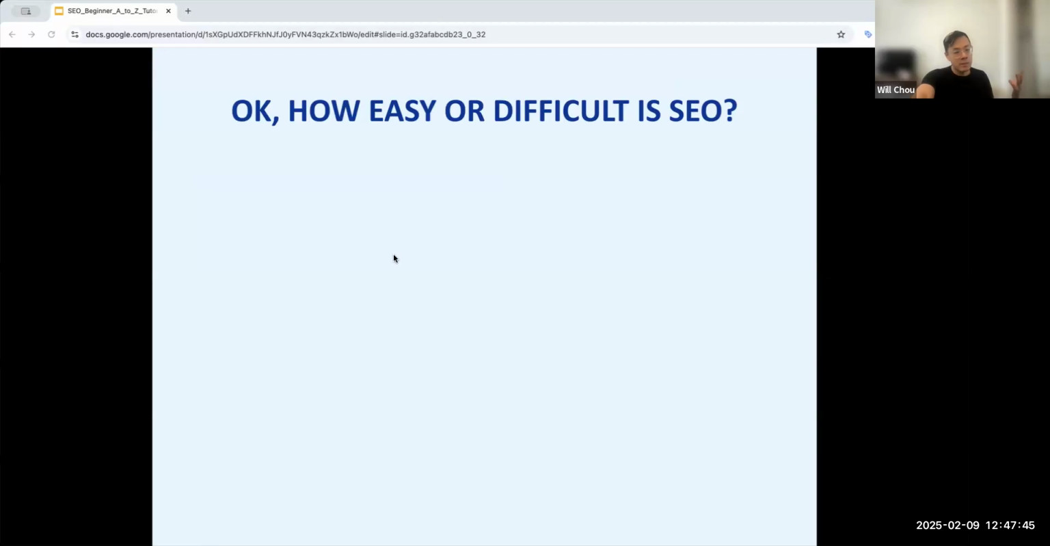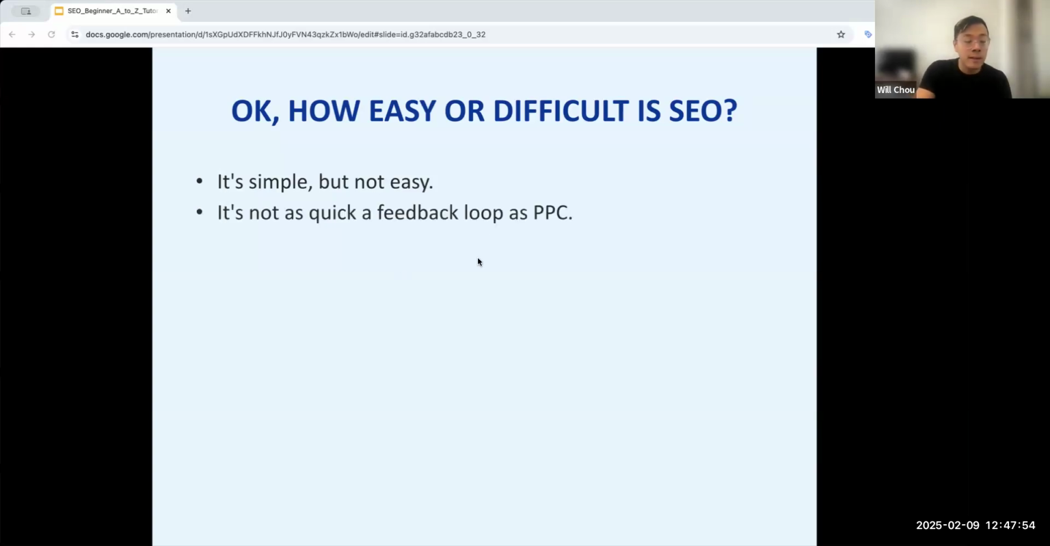Okay, so wrapping this up, how easy or difficult is SEO? You're probably wondering that. Well, it's simple, but it's not easy. It's not as quick a feedback loop as PPC. So with pay-per-click, you pay immediately and then boom, you can get to the top of search results if you're willing to pay enough. But for SEO, it can take weeks or sometimes months to see a return because you're